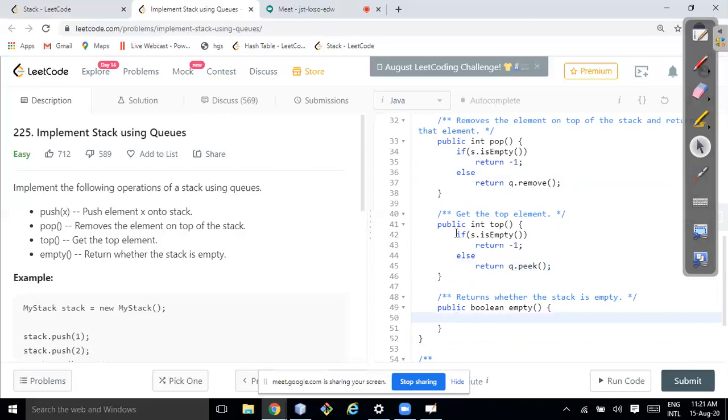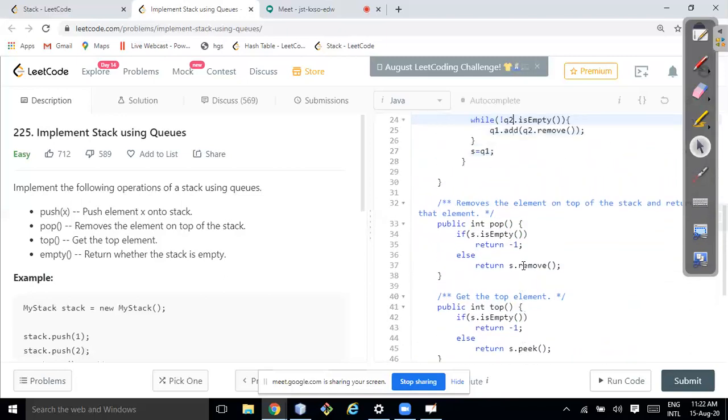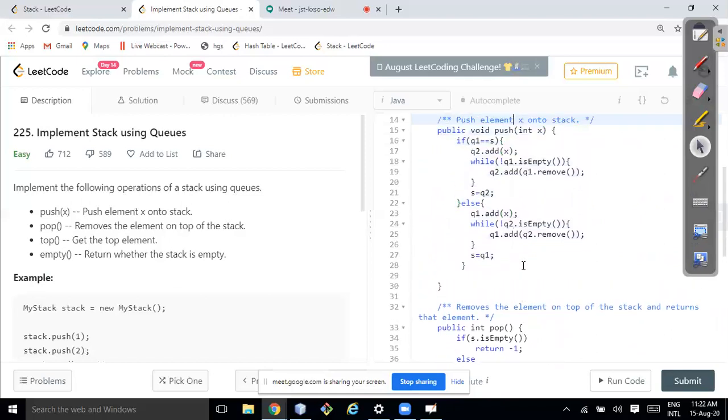Here I'll just return this statement. Here I'll do S, here I'll do S, because S is the main thing. I think it should be fine.